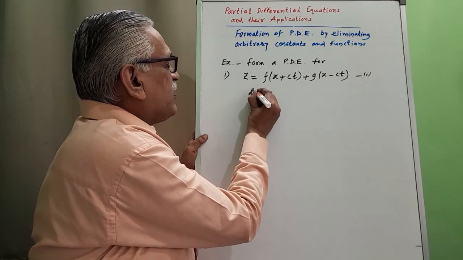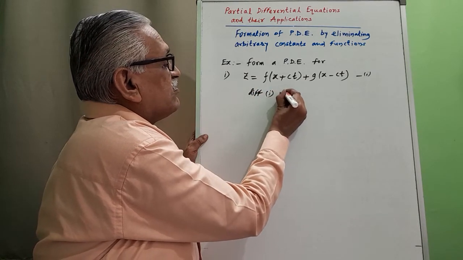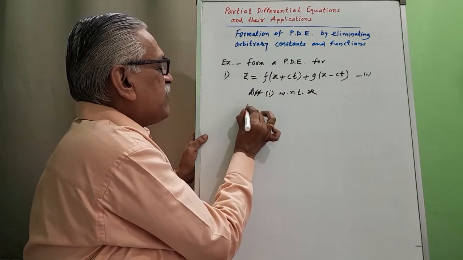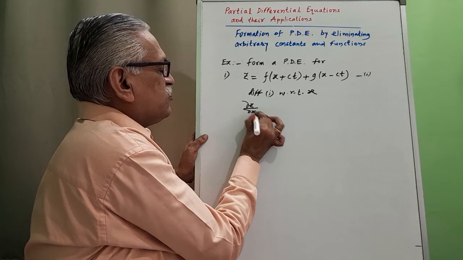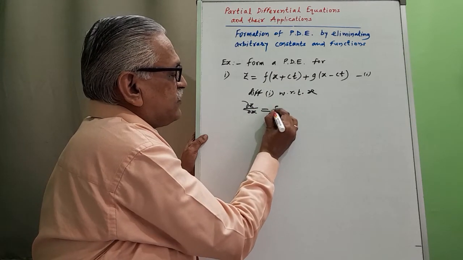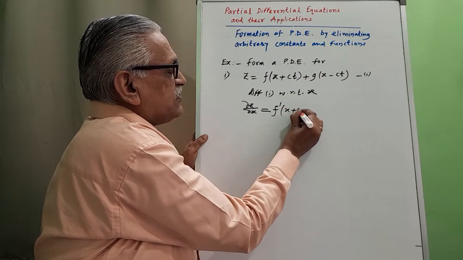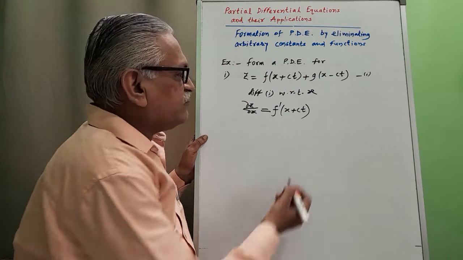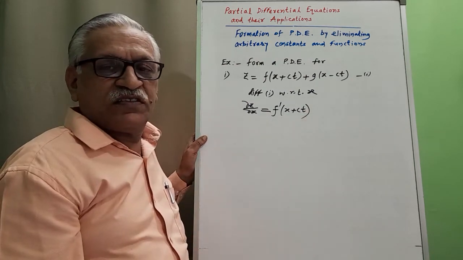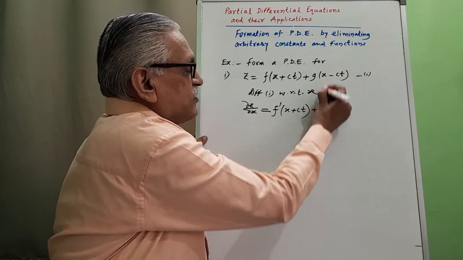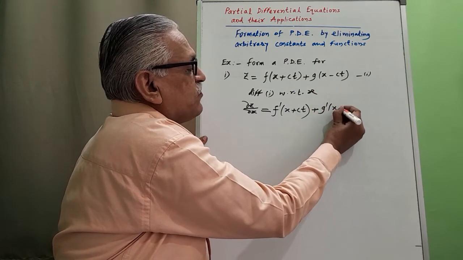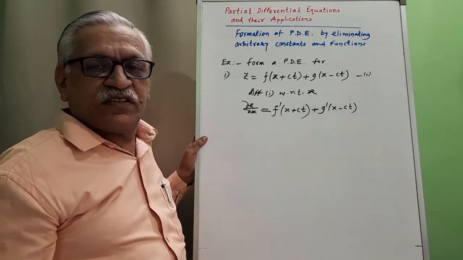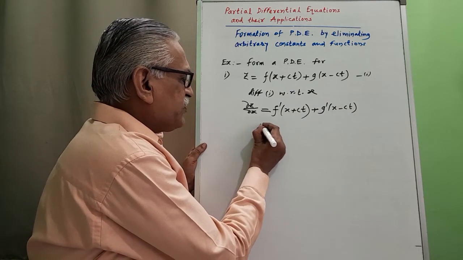Then differentiating equation 1 with respect to x, keeping t constant, the partial derivative of z with respect to x is dou z by dou x. Differentiation of f is f dash of (x plus ct), by chain rule the differentiation of x with respect to x is 1, and ct is constant, its derivative is 0, plus differentiation of g is g dash of (x minus ct) into, by chain rule, the differentiation of x is 1. Again differentiating,